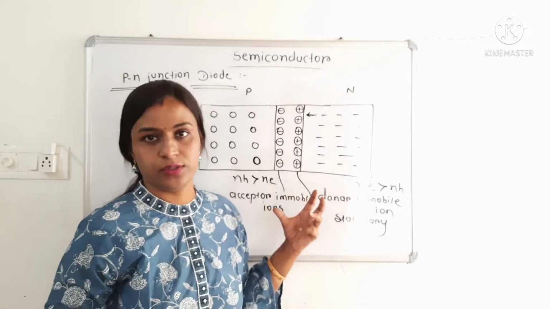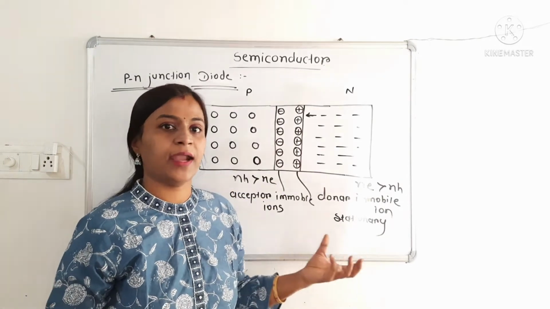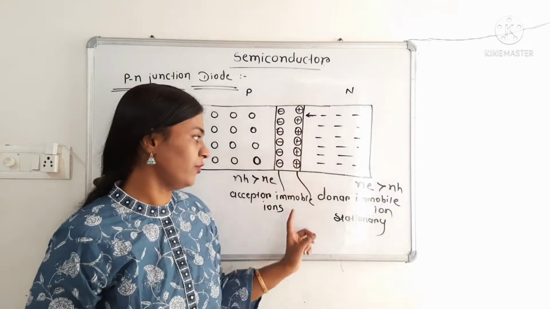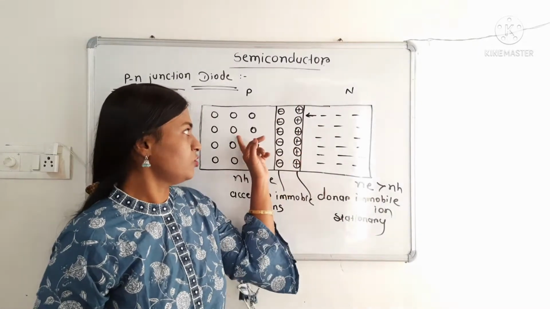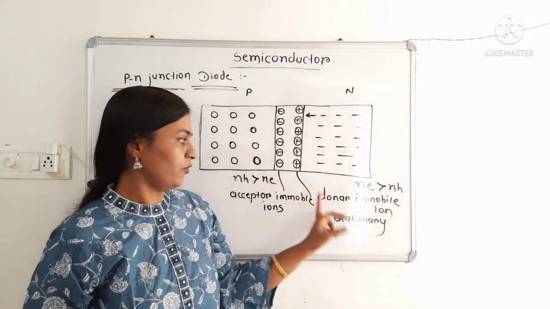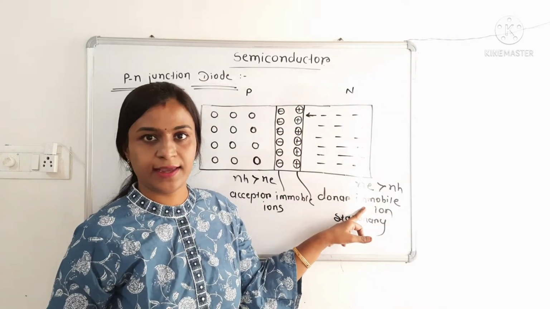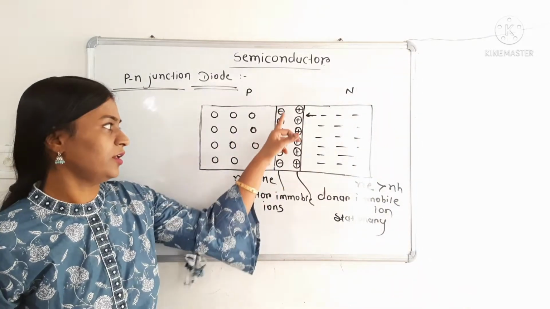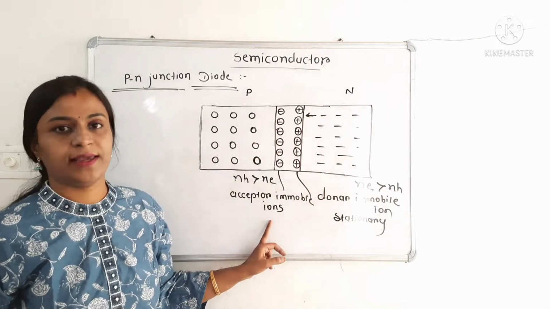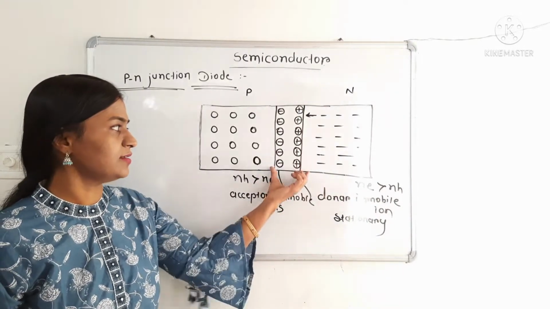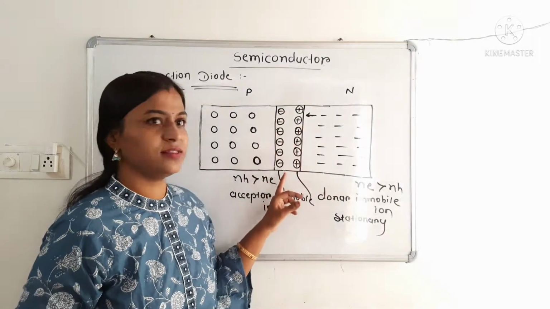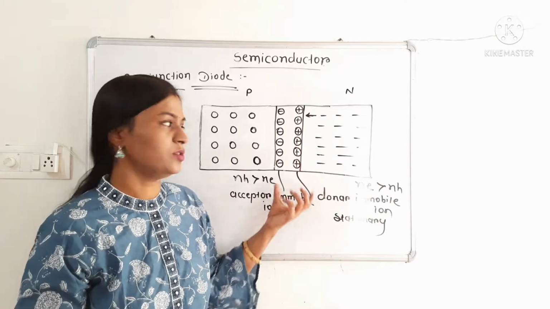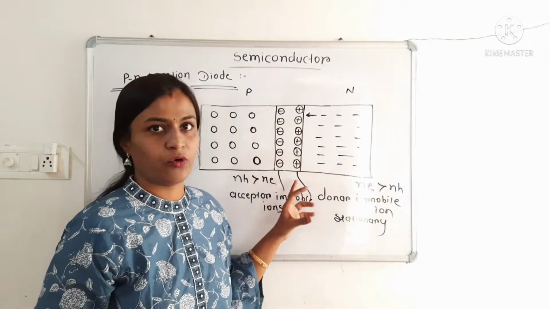Diffusion of electrons and holes, because they are of opposite polarity, and these opposite polarity carriers are attracted towards the junction, and at the junction they recombine and form these ions. When these holes recombine with these electrons, they form donor immobile ions, and when these electrons recombine with holes at the p side, they form these acceptor immobile ions. These are stationary ions, and these ions stick at the junction. At the junction these ions are formed. This process of recombination and diffusion occurs, and these ions are formed at the junction.